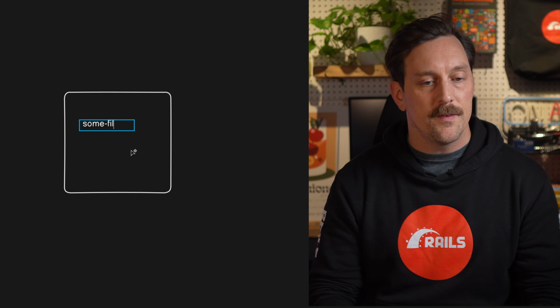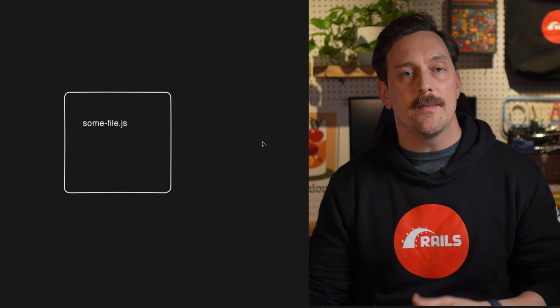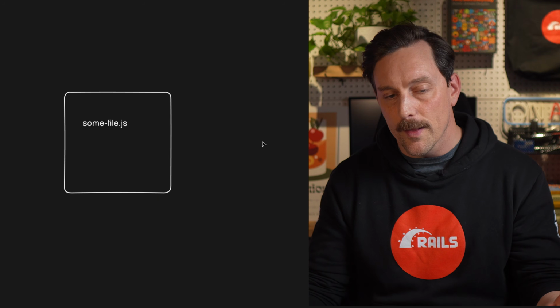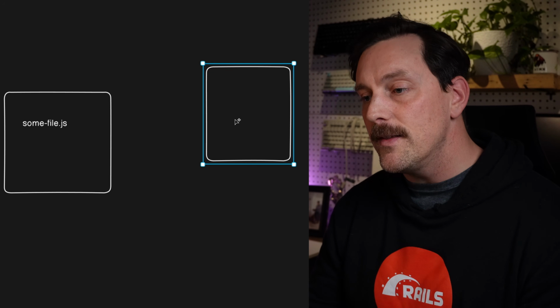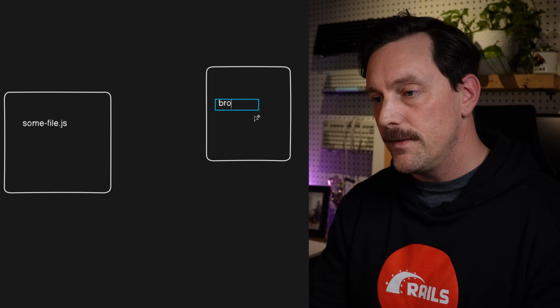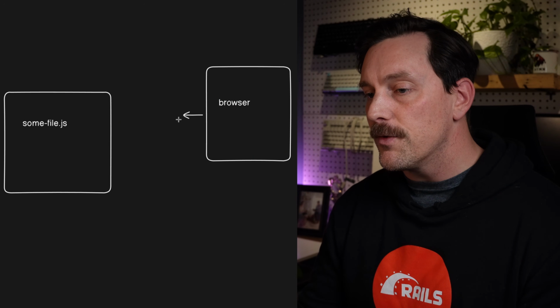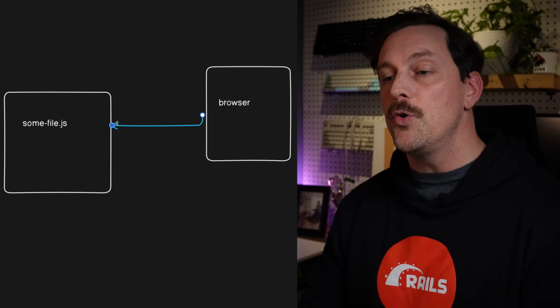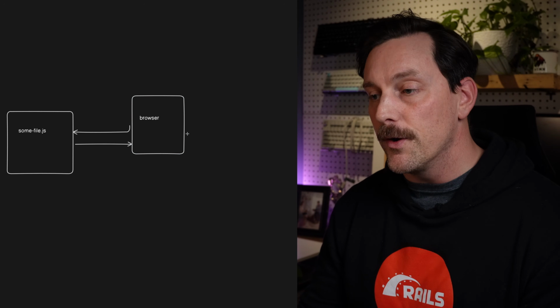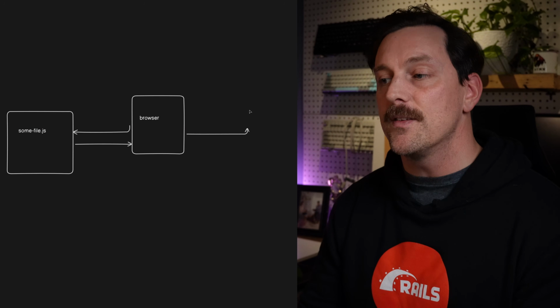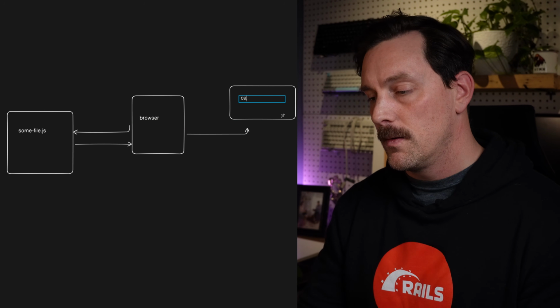Here, let's explain with a little bit of a diagram. So let's just say you have a JavaScript file here, right? This is some amazing JavaScript code, but this is a file with JavaScript code and it's a static file according to Rails. So now let's say a user's browser will actually request this file from you. This is the browser. When the user's browser requests this from your Rails server, it'll serve it up to this browser, and then the browser will cache this response somewhere in its storage.